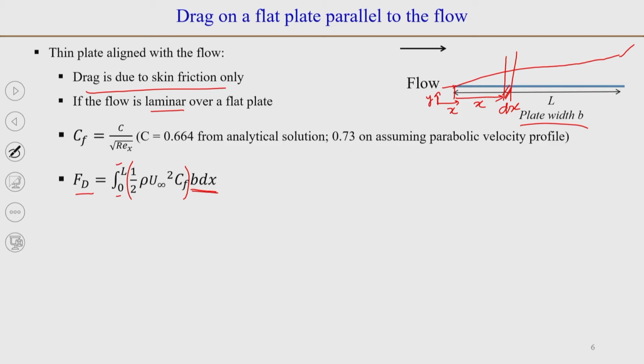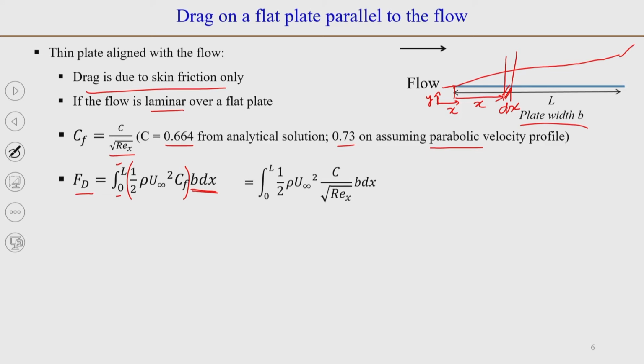CF is a constant divided by square root of Rex, and if we use the analytical solution from the Blasius solution, then the value of this constant is 0.664. When we use the momentum integral analysis, assuming a parabolic velocity profile, then we obtain this value of C as 0.73. So, we will consider this just as a constant C,